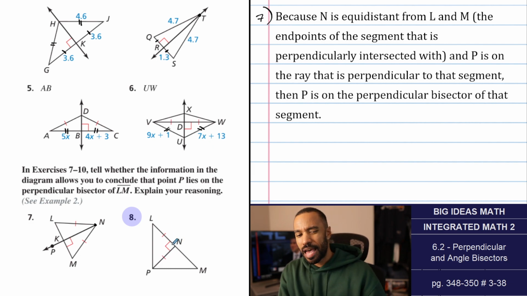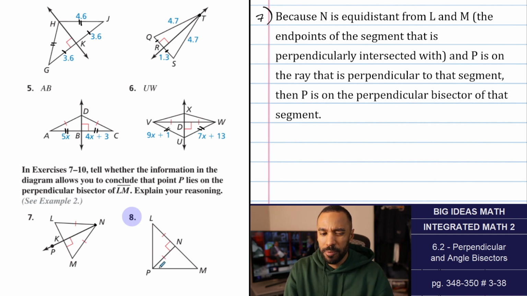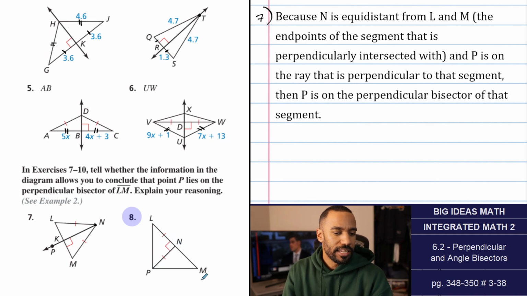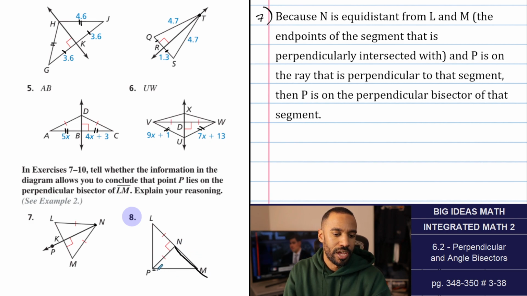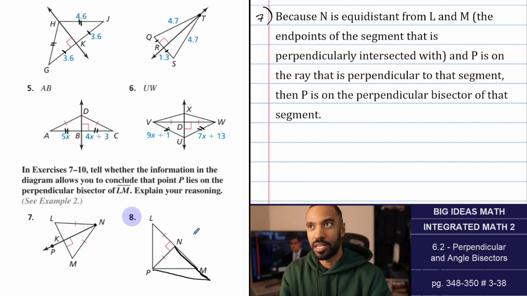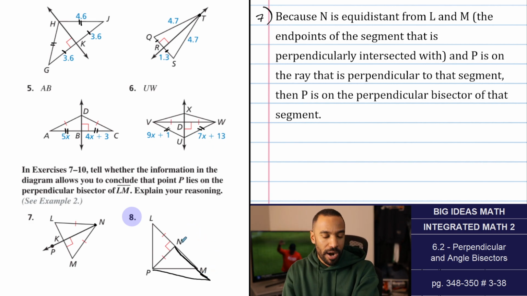But PN being that potential perpendicular bisector, it's perpendicular to it. I don't care that this is congruent. It can be congruent all at once. What I need to know is whether this part's congruent right here. And I have no knowledge of this bit of information. For all we know, this could be extending like this. Remember, nothing's truly drawn to scale, meaning it's open to interpretation, unless it is mentioned or marked in a certain